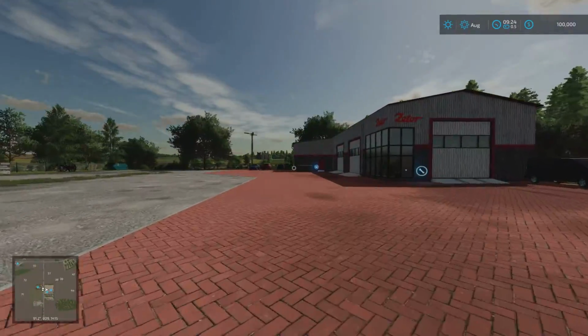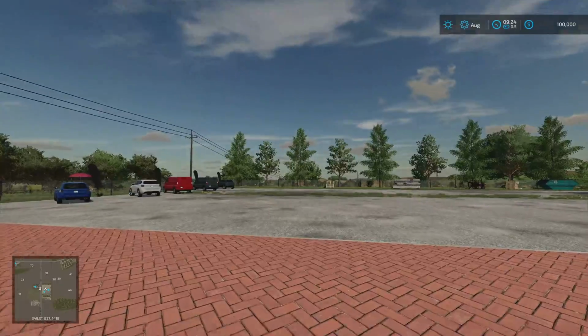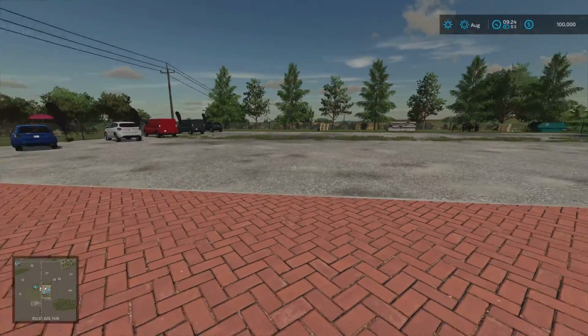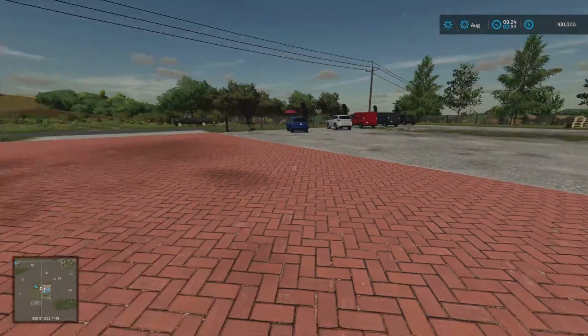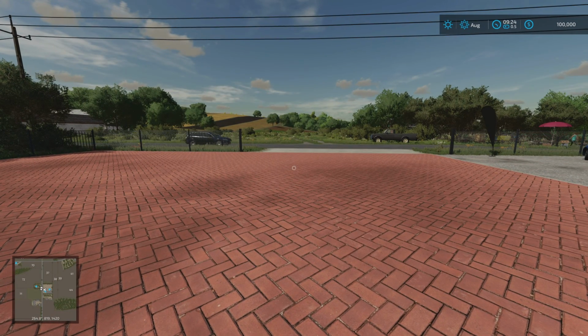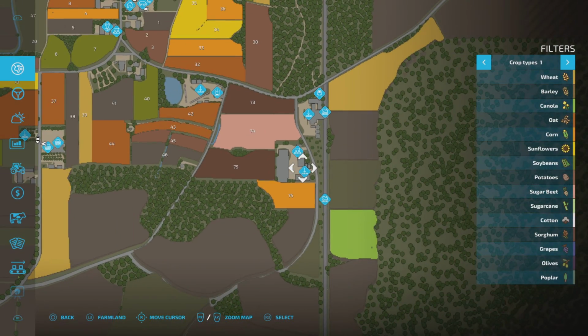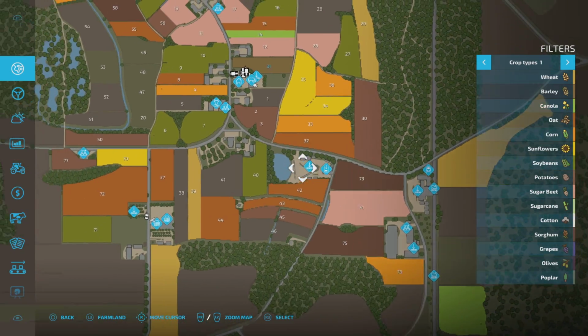Your buy point is just over there. Your workshop trigger is just here. This is the reset point as well, so if you need to reset any machinery, it will reset here. Nice big open area, plenty of space. I mean, judging by the size of the farmyards, you might be slightly limited to the size of machinery you can use. That being said, there are plots like, so we've been from there all the way back to there,